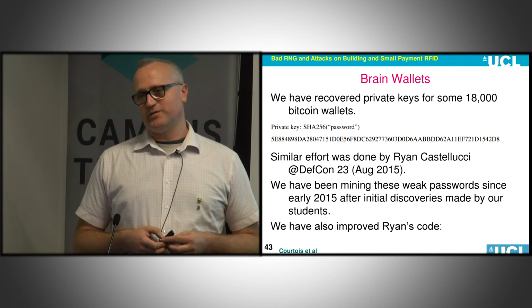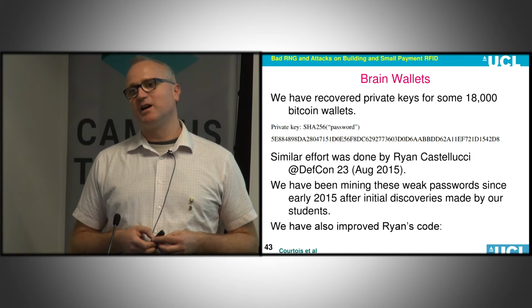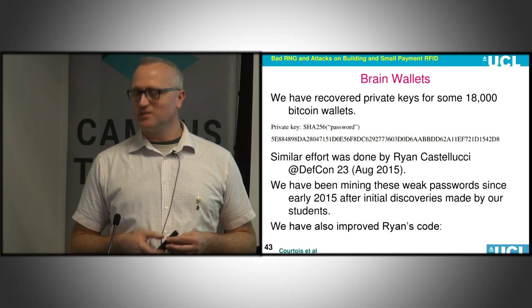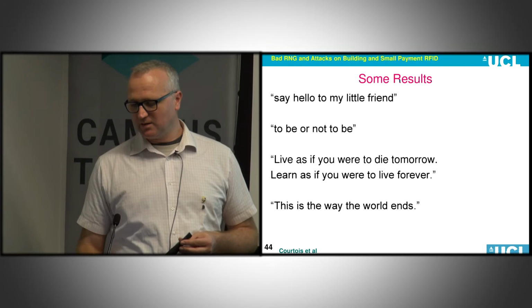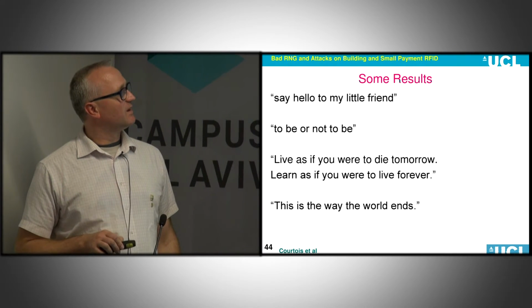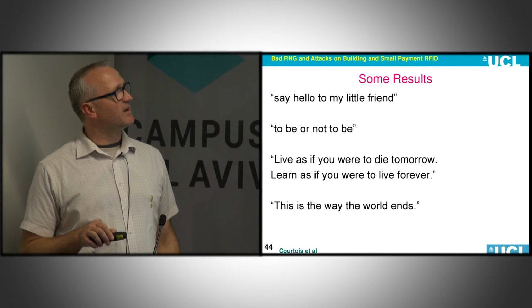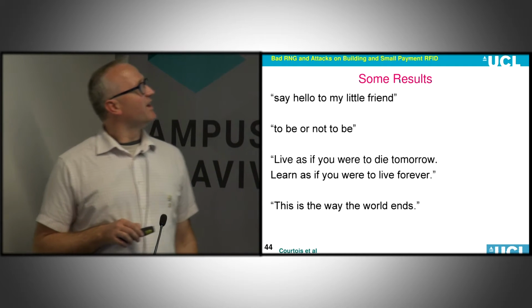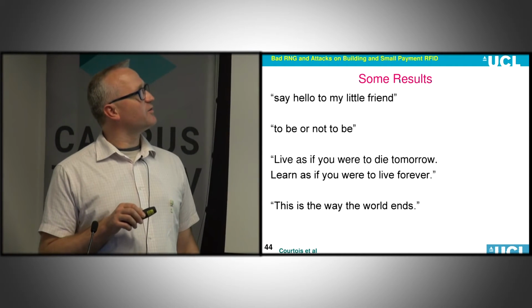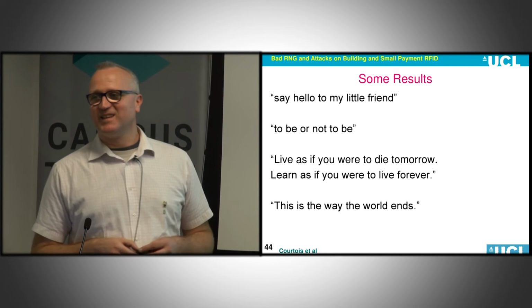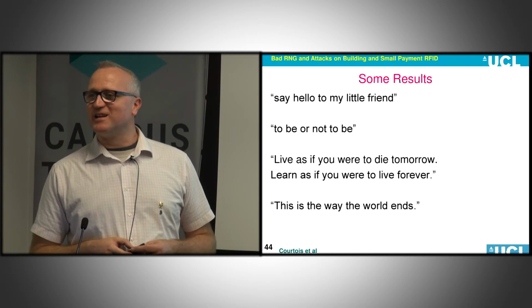There are a lot of silly vulnerabilities there, which is like a honeypot. But there are quite a few interesting things which we have found. Some interesting passwords you can find there, for example, this one: "This is the way the world ends." This one the refugees might like: "Live as if you were to die tomorrow." This is another thing that the refugees might like.